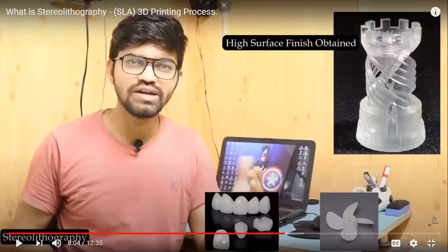On the right side, that white color, there are teeth here. What you see is ceramic teeth. I think the cap that you are going to keep is made of ceramic material. Those who lost a tooth, or have some damage to a tooth, will go for this. You are going to have a cap on the damaged tooth, etc. And this is a small fan model which is being made by the SLA technique.